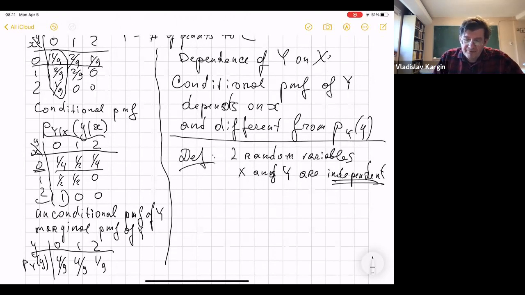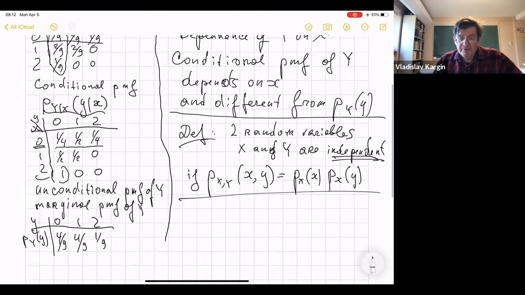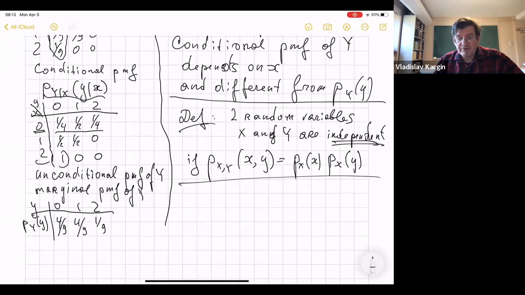They're independent if the joint PMF of x and y is equal to the product of the marginal PMFs, p_X of x times p_Y of y. So this is the definition of independence, and let us check that it's similar to what